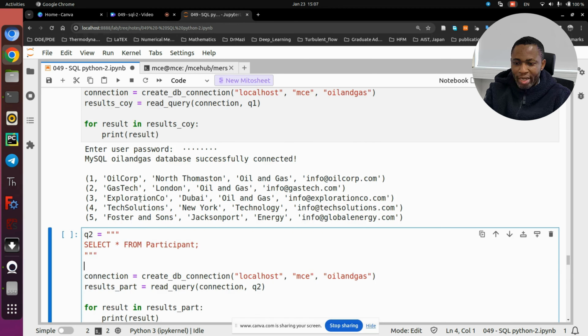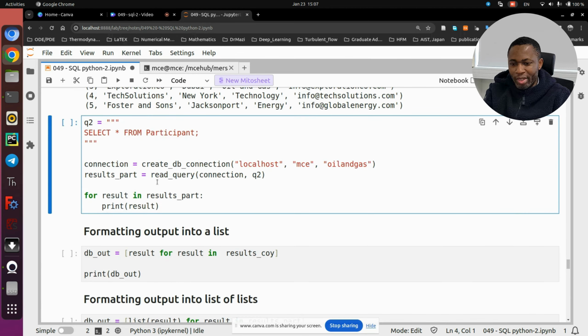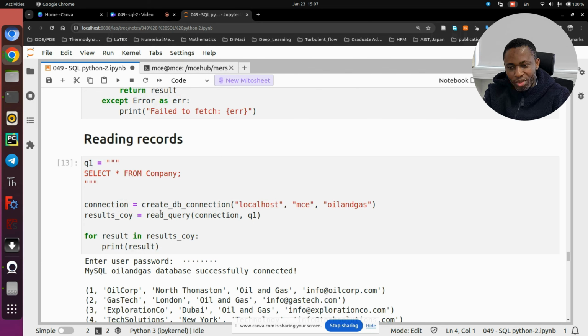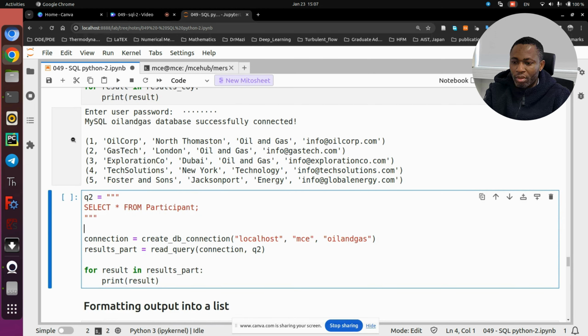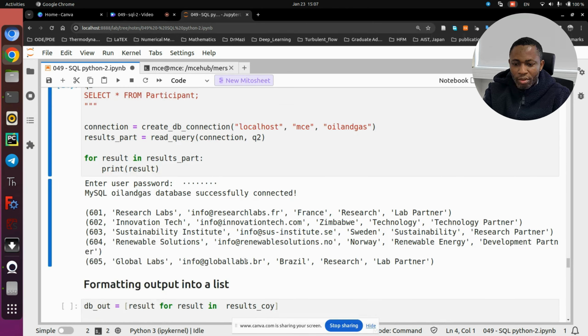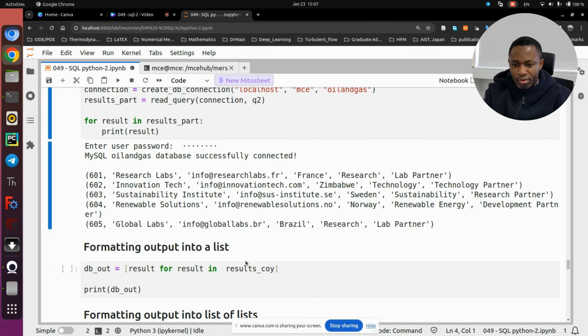Let's look at another query again. I want to query from participants. I'll do the same thing. Remember, we're always creating a connection and a query, and we're passing that to read_query. Run again. It returns the full result of that table. So we can see we have read the table